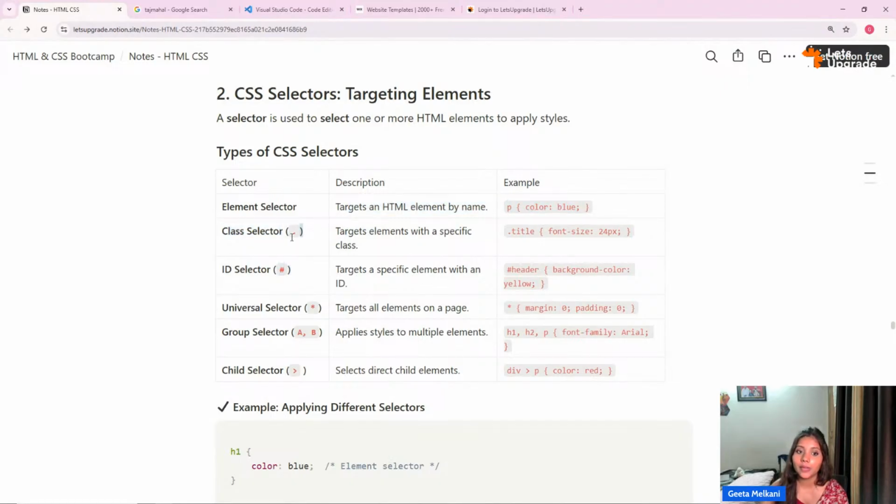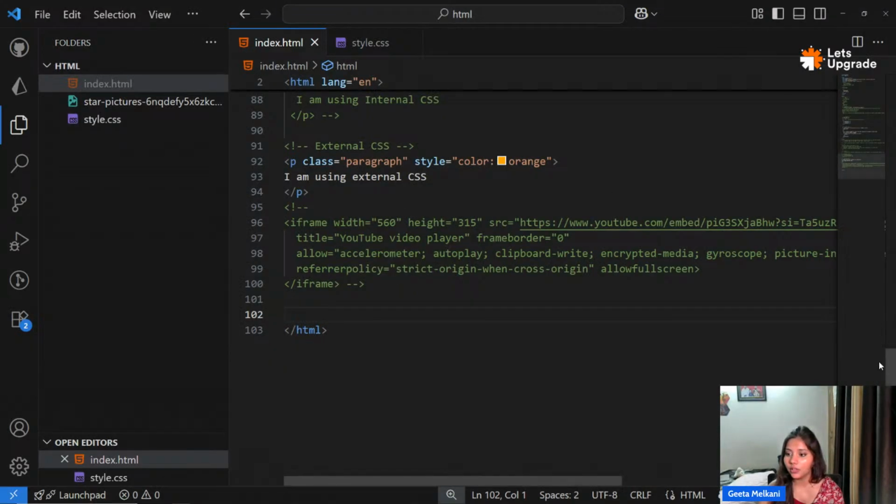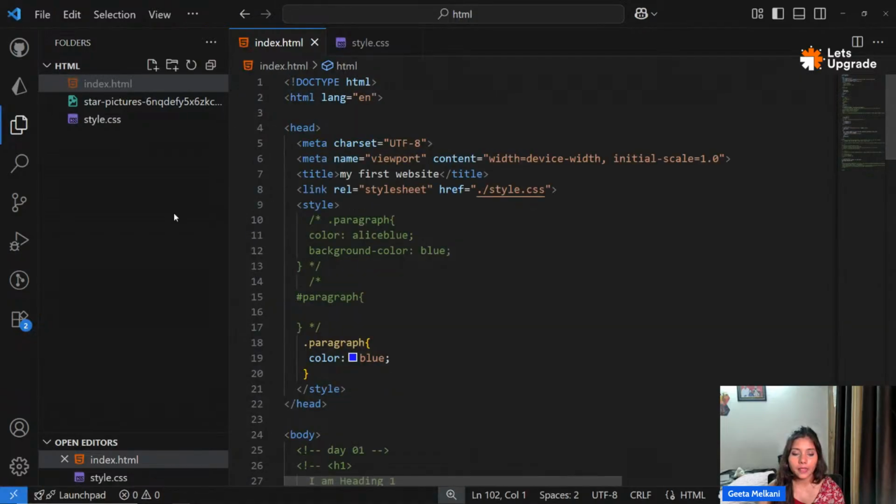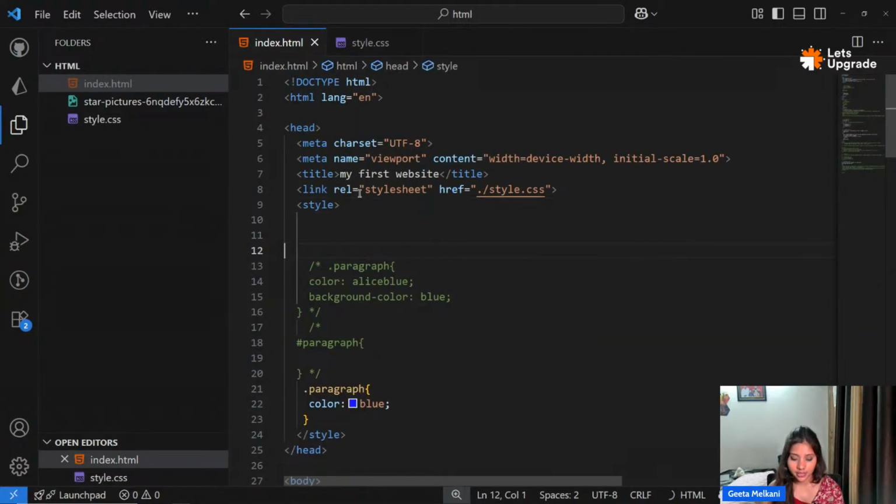If I want to call by class name, I'll say dot paragraph. Otherwise, for ID, it's hash paragraph. This is the universal selector. What it does is it universally changes the features. Let me explain this now. If in the style tag I say I'm talking about the universal selector,